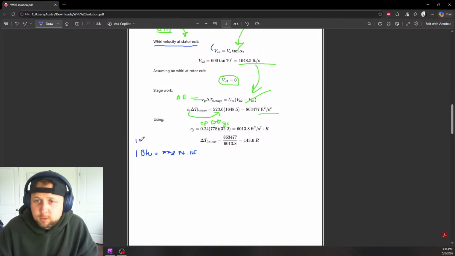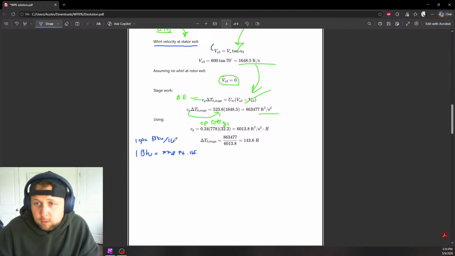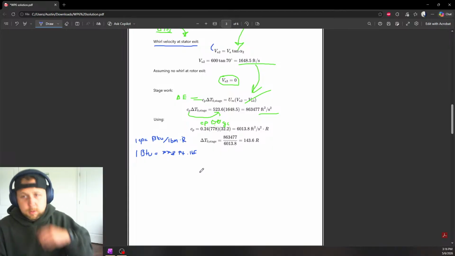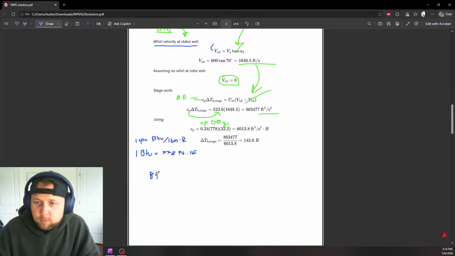CP equal to whatever it is, it's 0.24, but it is also in BTU per pound mass Rankine. So we have a BTU per pound mass Rankine